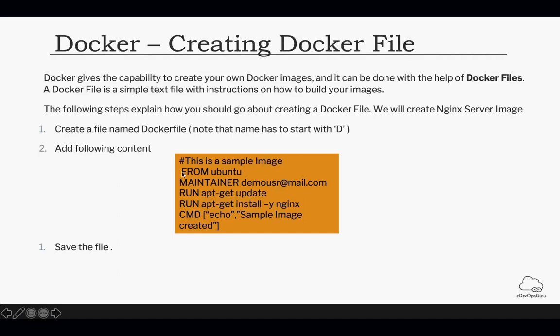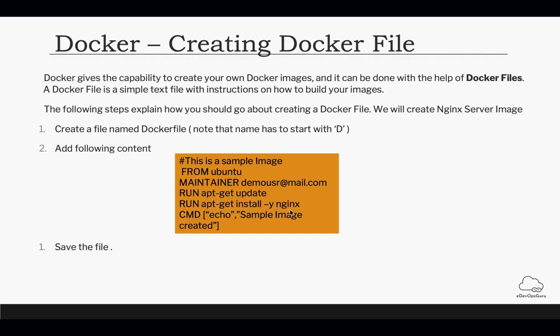The first keyword is FROM, for example Ubuntu. This statement tells what your base image is. Here we are taking the latest Ubuntu base image. If you want to go with Red Hat, you can take Red Hat. If you want to create something on top of the existing official Jenkins Docker image, you can write FROM Jenkins. Then there is a MAINTAINER keyword which tells who the author is, or who will be maintaining this Dockerfile.